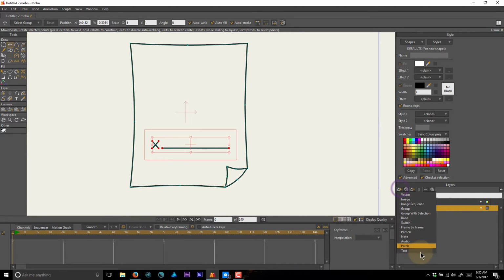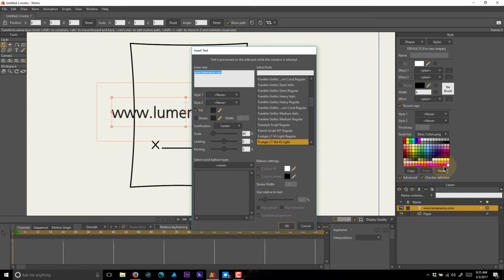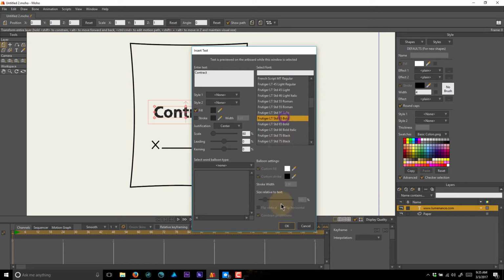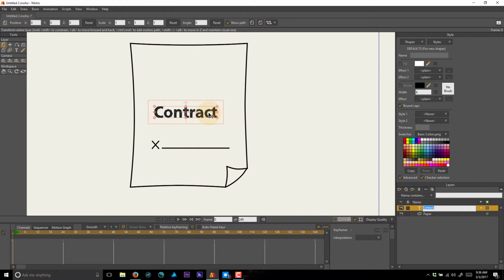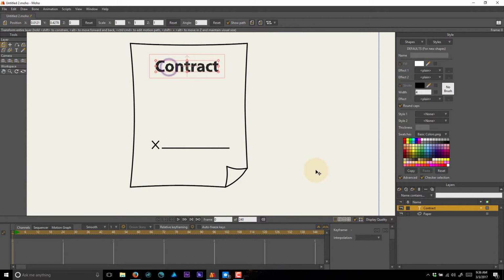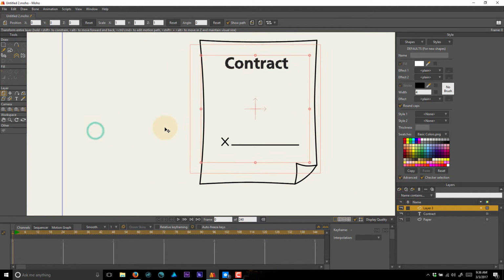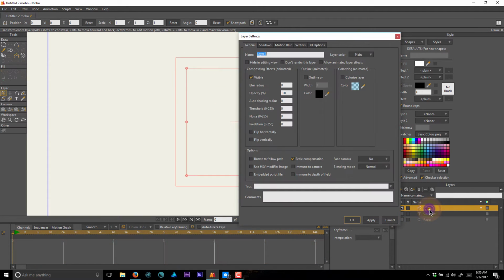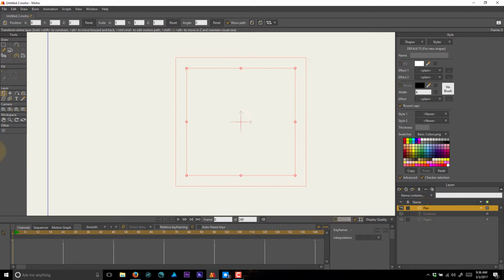And now I'm going to create a new text layer, and we'll just call this contract. Frutiger bold we'll go with, and move that up to the top. And there's our contract. And now we're going to create a new vector layer, and I'm going to draw the pen, and we're going to create a pen that can be animated a bit. So I'm going to rename this layer pen,